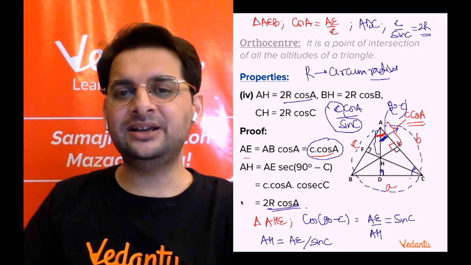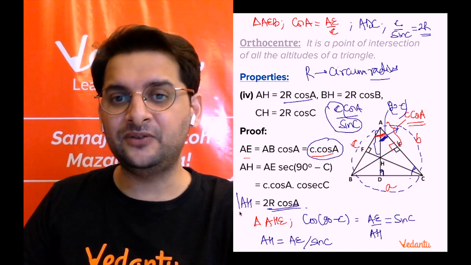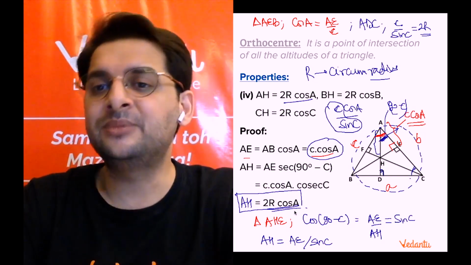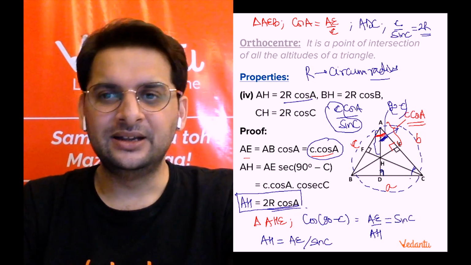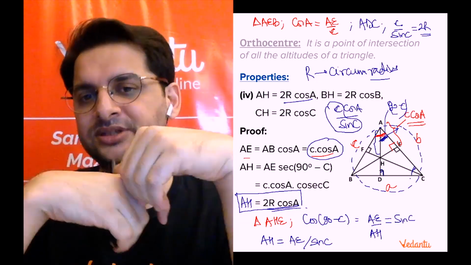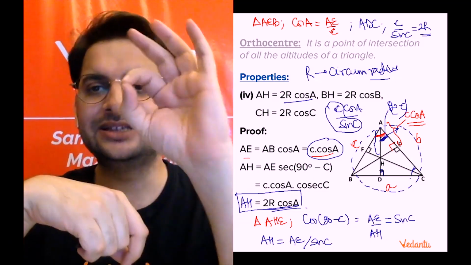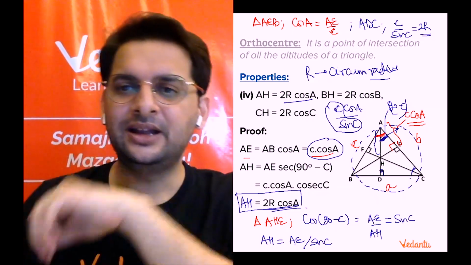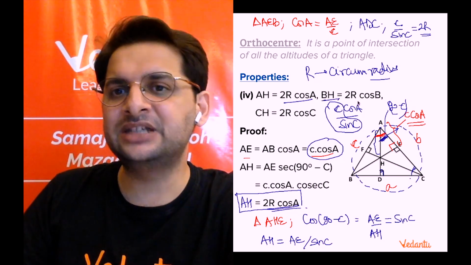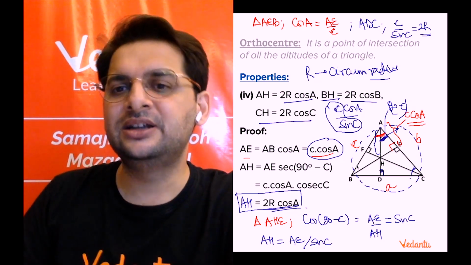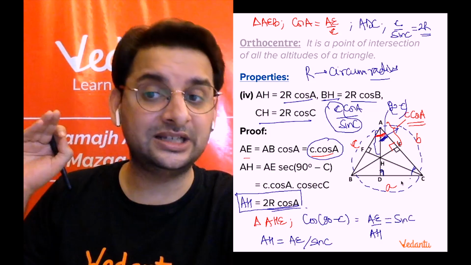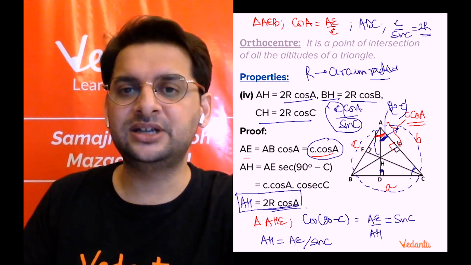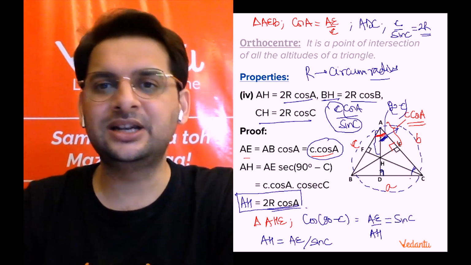Right. So this is something, if you are math enthusiast and if you want to perform well in pre-RMO or exams like NSCGS, you have to keep in mind. So length of the vertex from the orthocenter is 2R cos A. A is the vertical angle and R is the circumradius of the triangle ABC. And likewise, BH will be 2R cos B and CH will be 2R cos C. Remember, it is the distance from the corresponding vertex to the orthocenter. I hope this is clear to each and every one.